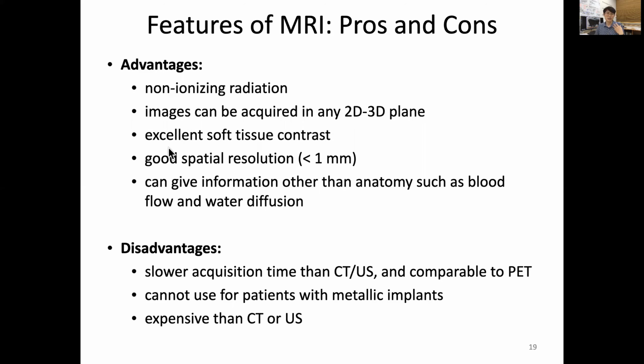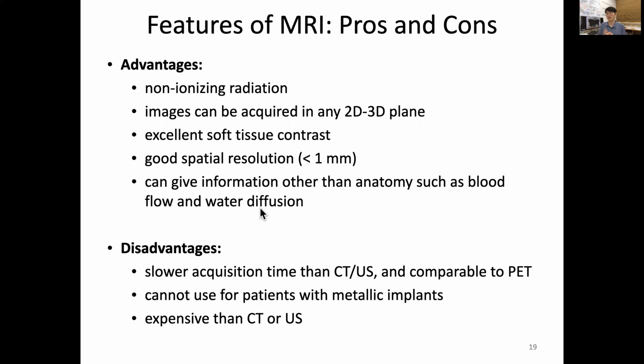And as I said before, unlike CT, MR gives excellent soft tissue contrast. Spatial resolution is also relatively good; you can even get sub-millimeter resolution. MRI not only gives good anatomical information but also functional processes such as blood flow or neural activity, or based on water diffusion, it gives the directionality inside our axons so that it can give brain